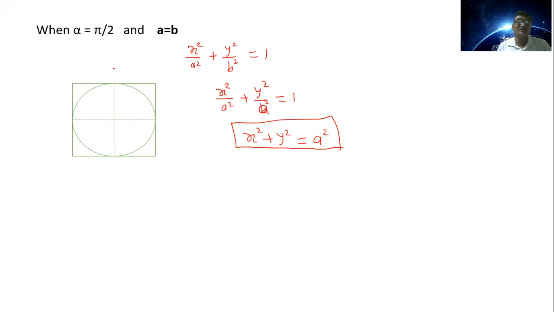Again, here we can designate these points as E, F, G, H. When alpha is equal to pi by 2, the motion is like this. When alpha is equal to pi by 4, we know